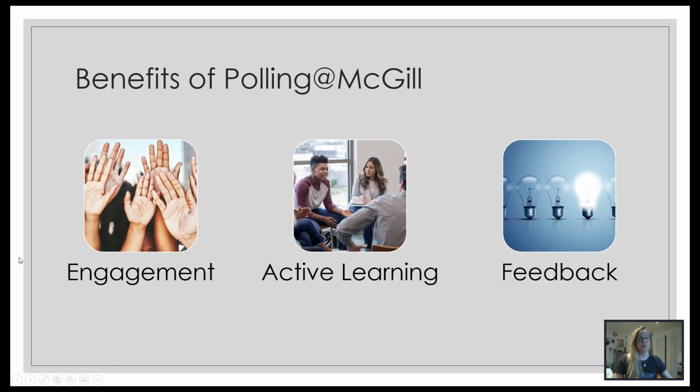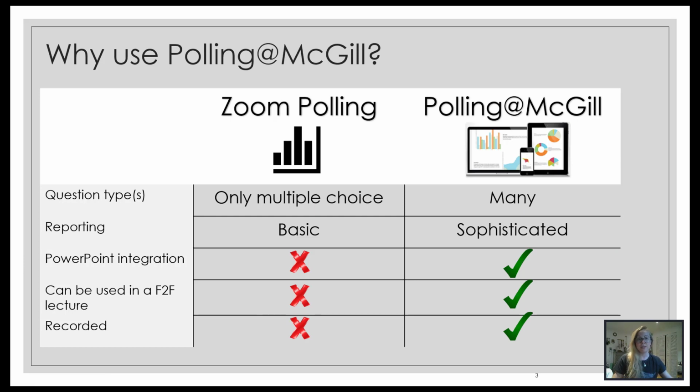Some of you may be wondering why you might use polling at McGill over the basic Zoom polling option. So it really depends on what your goal is, but when we compare polling at McGill to Zoom polling, we can see that polling at McGill is just a more sophisticated polling system. Zoom is very limited in terms of question type, so it only allows you to use multiple choice questions, while polling at McGill has a variety of questions, which I'm going to present in a moment. The reporting in Zoom polling is very basic. It's just a basic Excel spreadsheet, while polling at McGill produces more sophisticated reporting and analyses, which include information on